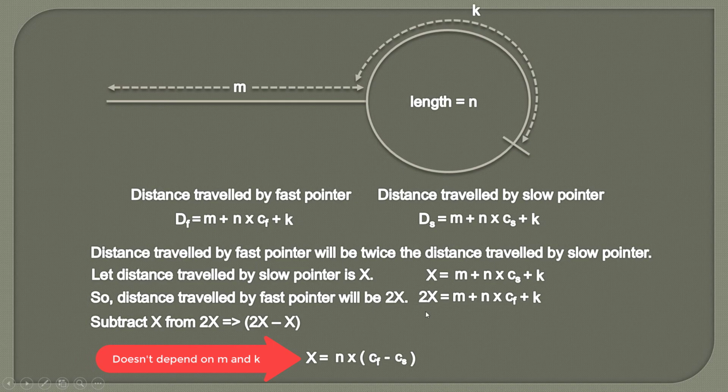Which proves that this equation is derived when we assume that they will meet at this point. And if they are meeting at this point, then there will be a loop inside the singly linked list. You can try to substitute many values here and you will find the solution of these equations. So this proves our first point, how we detect that there is a loop in a singly linked list.